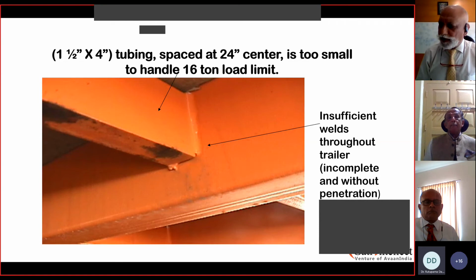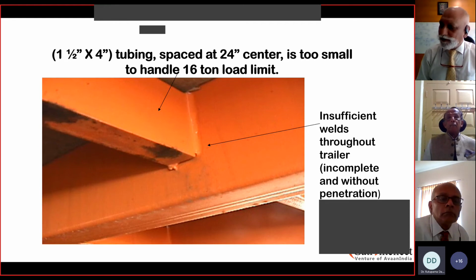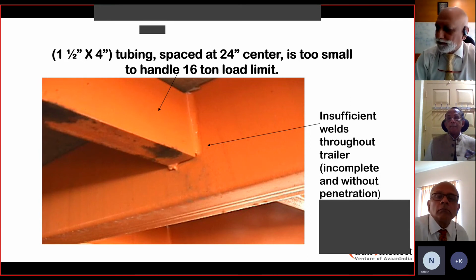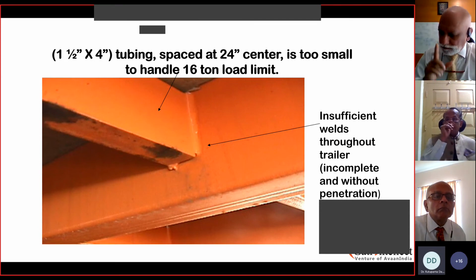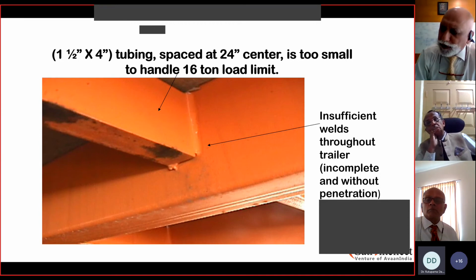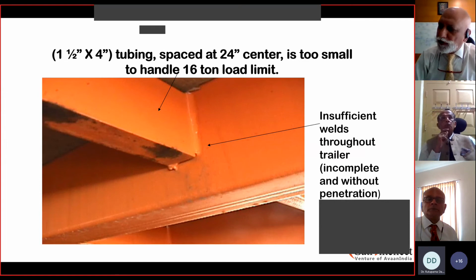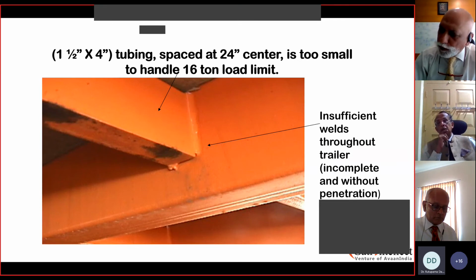So it is important that whenever we... Sir, sorry to interrupt. You are on mute. I'm sorry. I'll repeat again. This picture shows that the structural tubing is not adequately strengthened to take that extra load or overloading of the trailer with that equipment, which is special equipment that is transported. And this is likely to result in an accident or